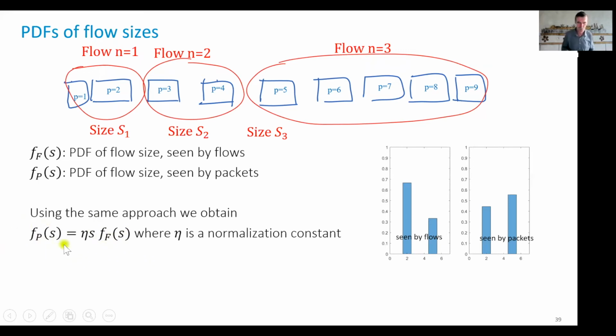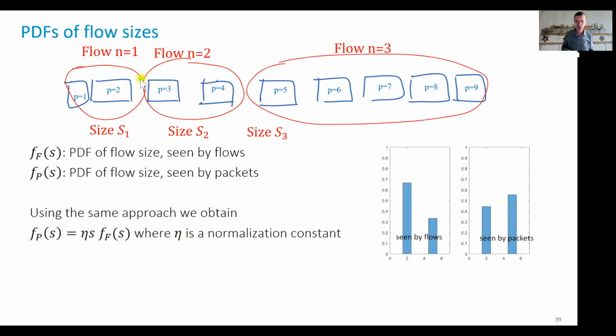The per-packet viewpoint is proportional, where eta is a proportionality constant, to the product of the PDF per flow multiplied by S. And this is by the argument that if you ask how many packets have a flow size S, you will have the same answer S times here. So it is not surprising. You can do the same reasoning we did for the averages with a bit more calculation. You will find exactly this formula here, where eta is a normalizing constant, which means that the two PDFs differ. The f_F is in 1 over S, f_P here.